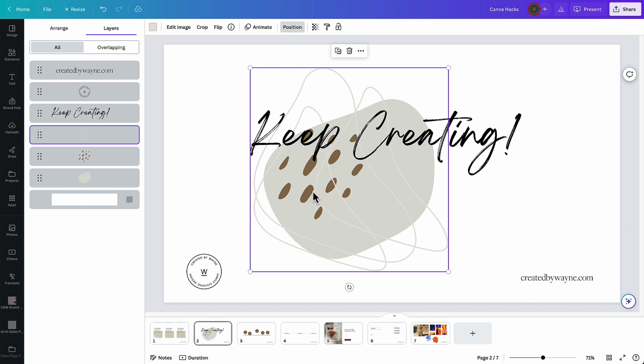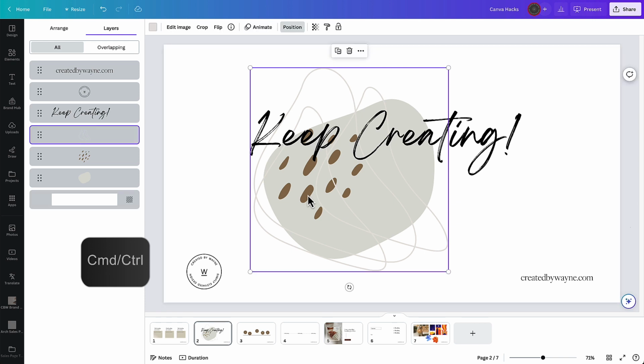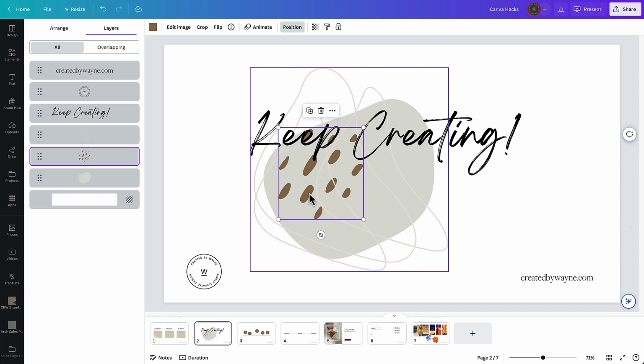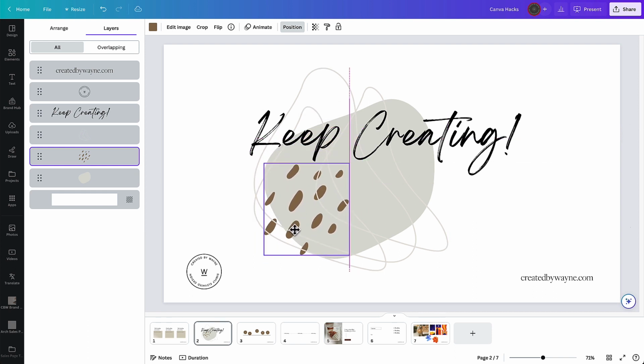Now this is another really helpful shortcut. What you can do is just hit your Command or Control key, depending on whether you're on a Mac or Windows, and then just click on that element even though it's not highlighting it currently. And because you're holding Command or Control, it will select the next element in those layers. And then you can click and drag that and move it around to your heart's content without interfering with the